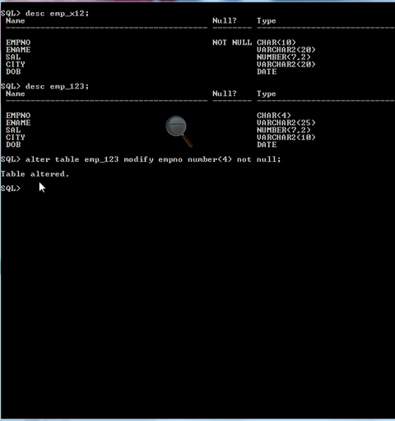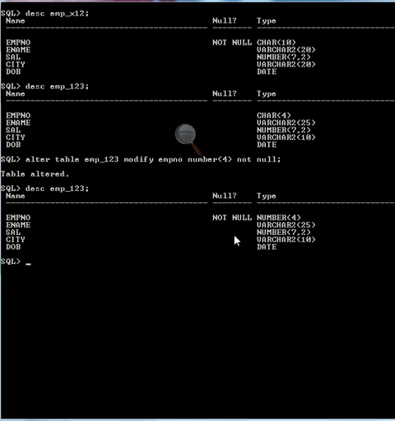So in this way we can make an already created table have a not null key constraint. Now in this table also we cannot insert a null value in the EMP number column.